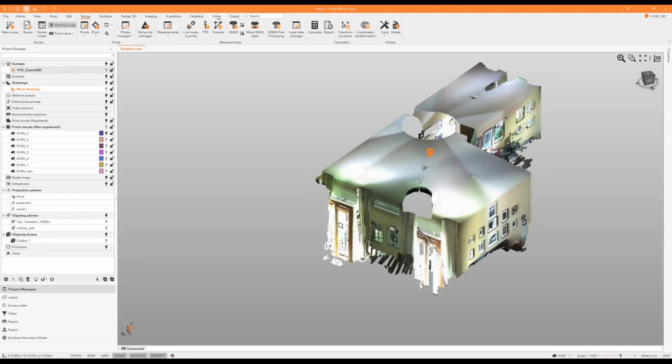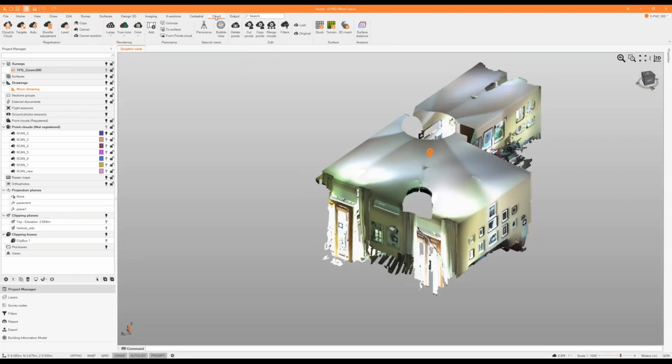So, back to the point clouds menu, here we have the registration submenu, rendering submenu, panorama view, special view, edit functionality to clean up the point clouds, and the possibility to directly create the surface or the surface distance analysis. Just to start from the beginning, from the registration, we can use 3 different registration methods,